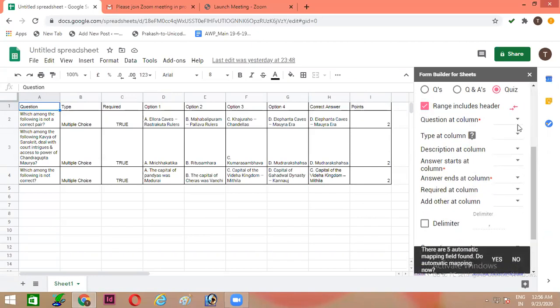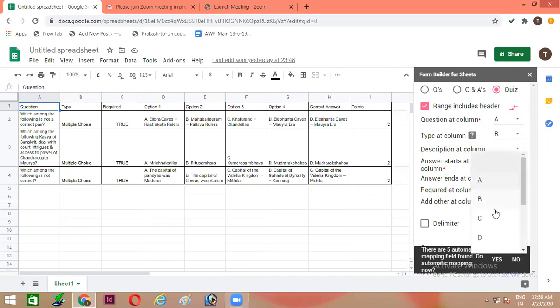Then it is asking me in which column the questions are. You can see my questions are in column A. My type is in column B. Description I have omitted.